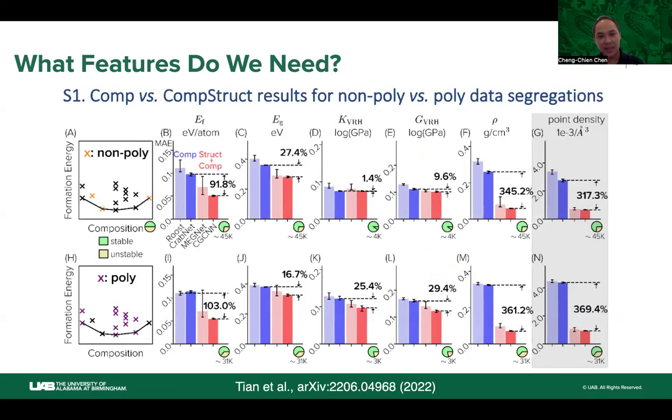Here I'm showing a 2022 paper from an MIT group. What they have done is train different machine learning models to predict different quantities, for example, formation energy, electron band gap, bulk and shear moduli, and the density, etc. They trained different models with different features. For example, the blue ones show the model trained with only the compositional features, which you can derive directly from the chemical formula. And the red ones are models trained using compositional features with additional structural information. And obviously, we expect this model to be more accurate.